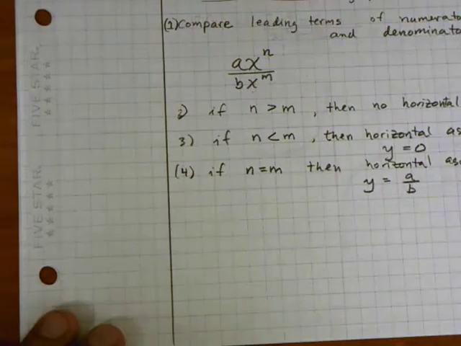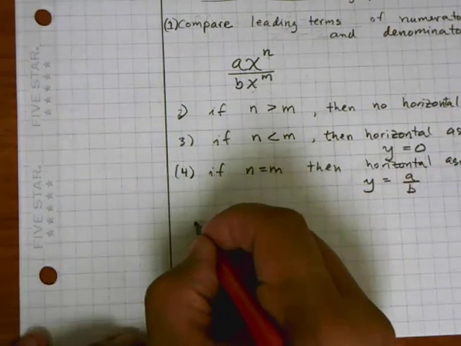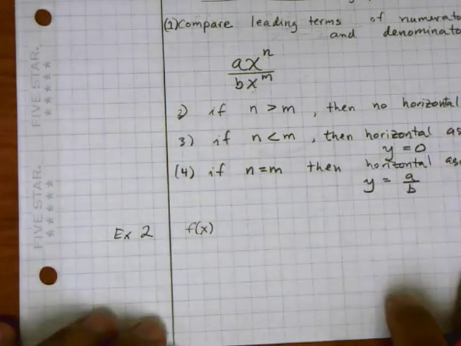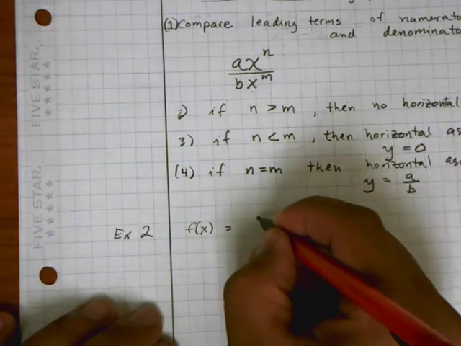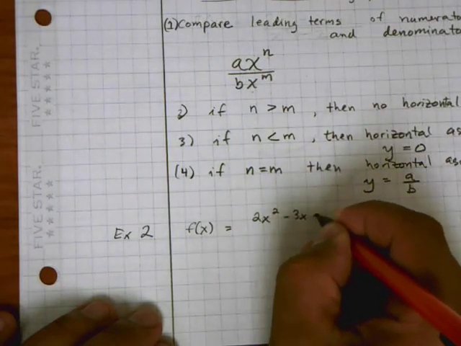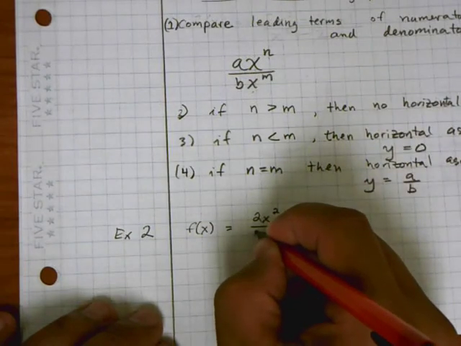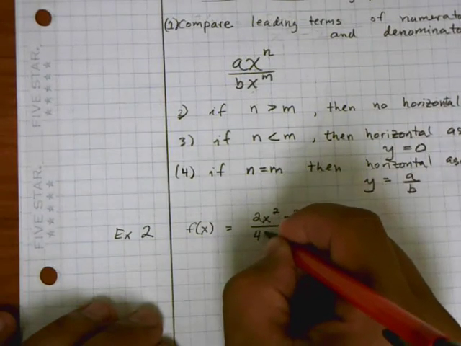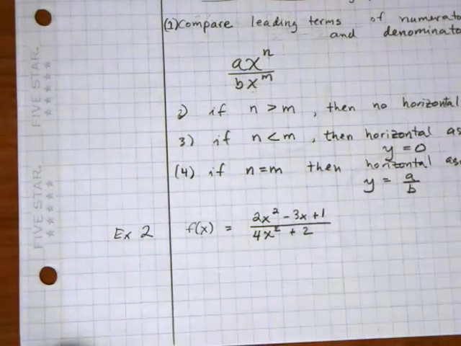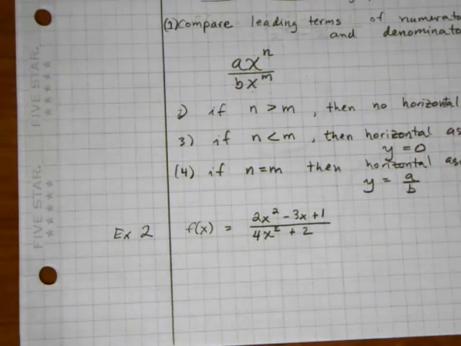And so I'm going to look for the horizontal asymptote of a function f of x. We'll call this example 2, okay, is equal to 2x squared minus 3x plus 1 over 4x squared plus 2. Okay. And so again, what I want to do first is look at the leading terms,